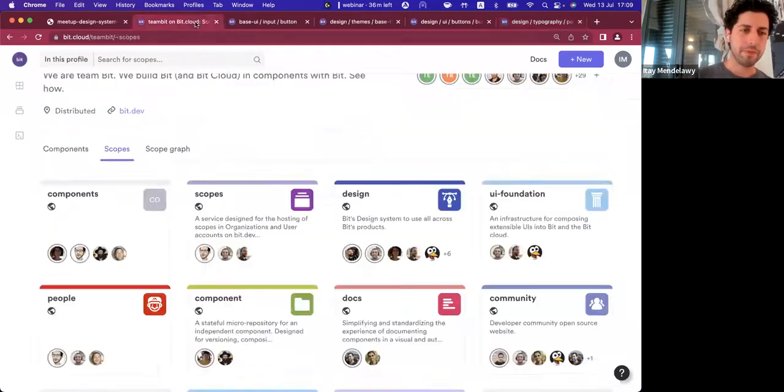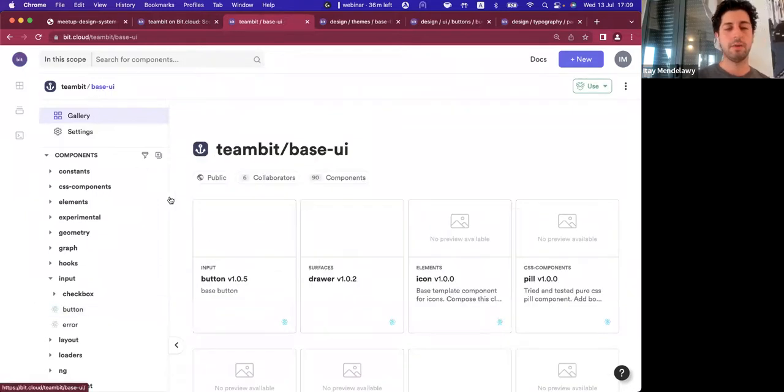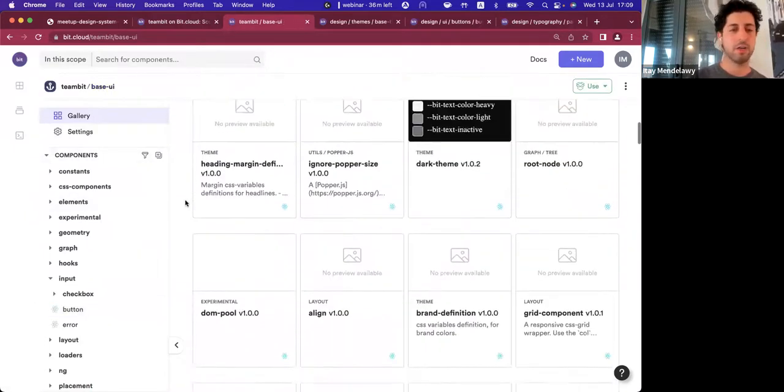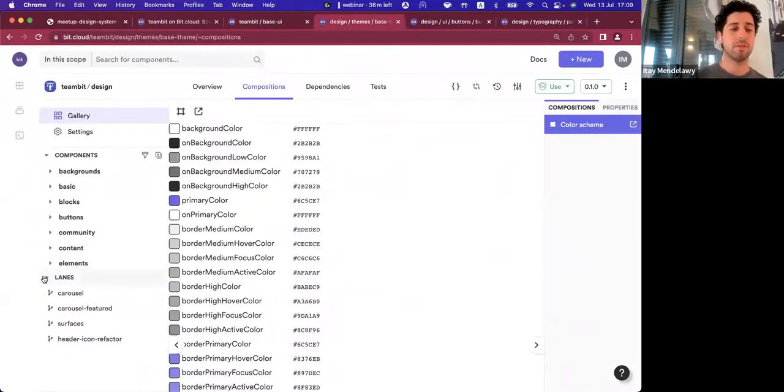And each of those components can be sorted in different scopes. So we can sort our design system and break down which components deal with our base UI implementation, all of our basic building blocks. Right, button, drawers, icons, some of our theming, all of our design elements, right?